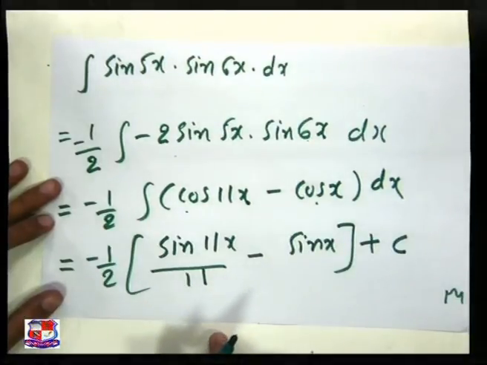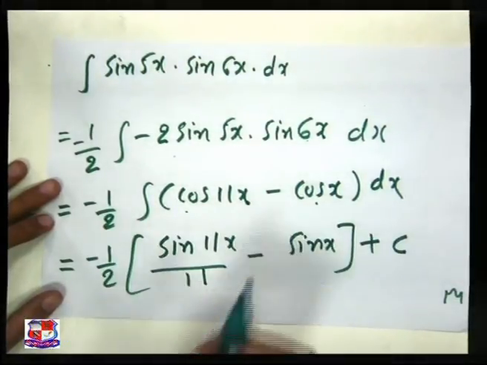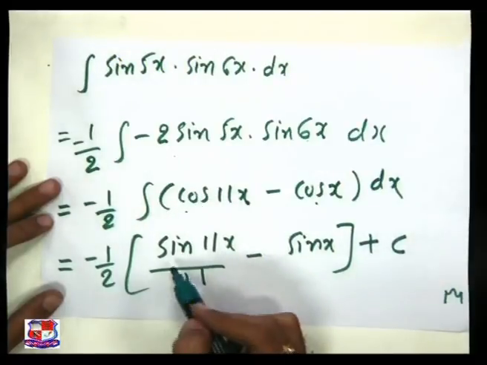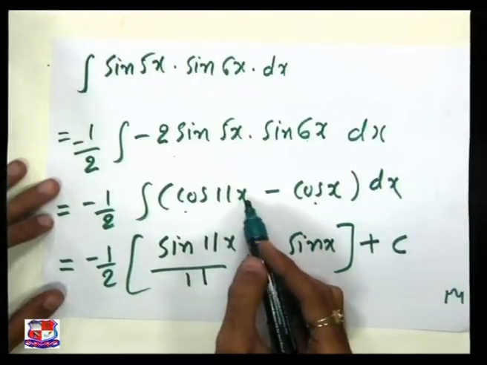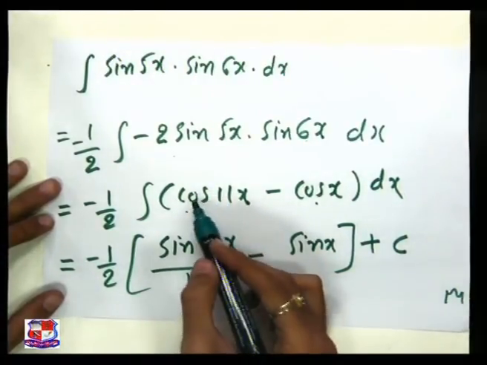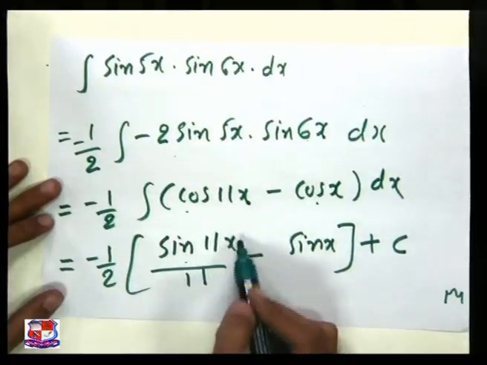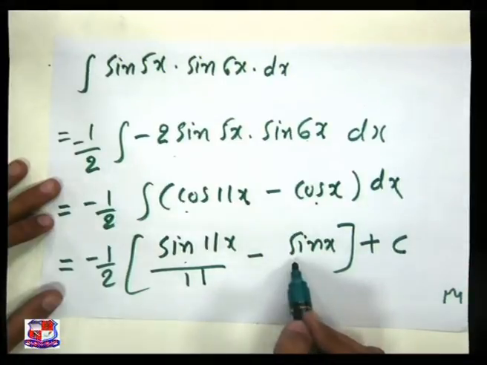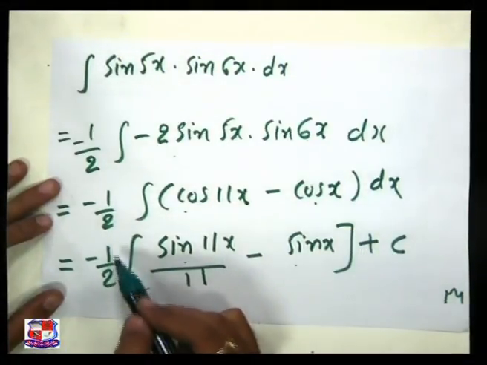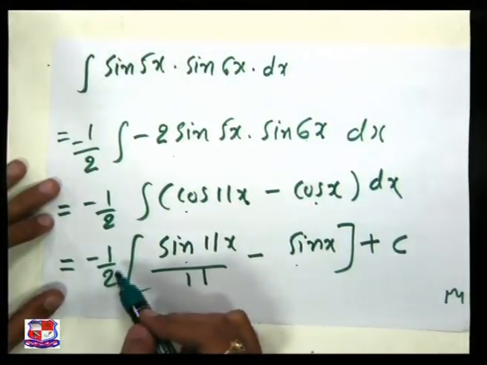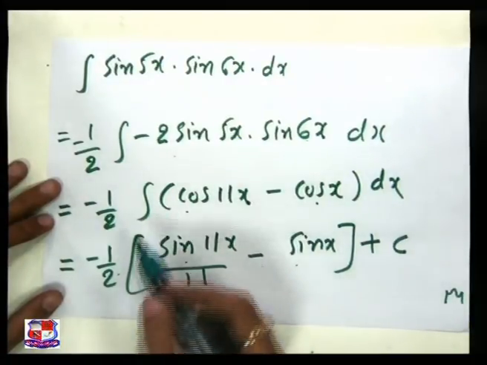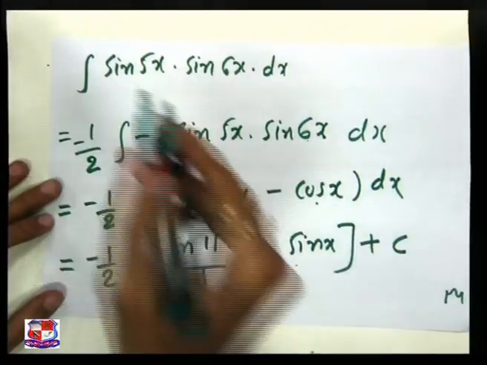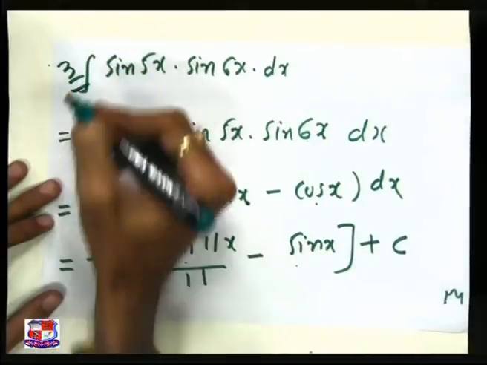So this is the answer of our question, because integration of cos 11x is sin 11x upon 11, minus integration of cos x, that is sin x, plus c, and minus 1/2 is as it is. So this is the solution of this question, which is the third of question number